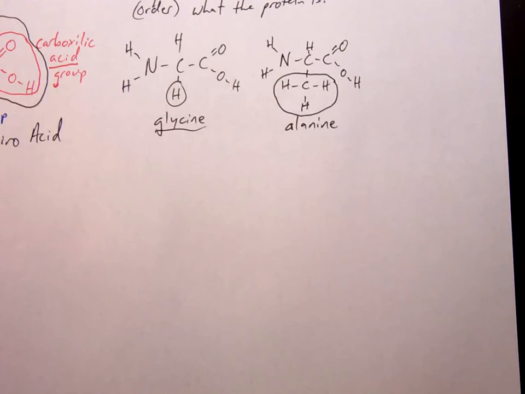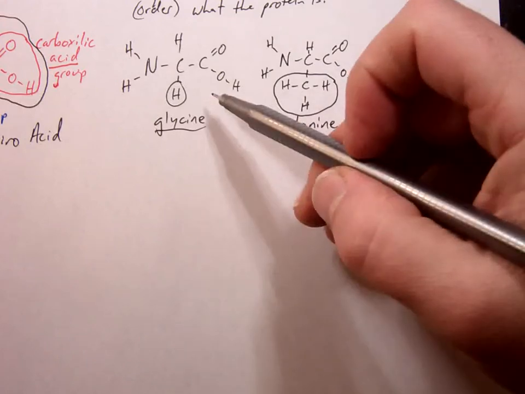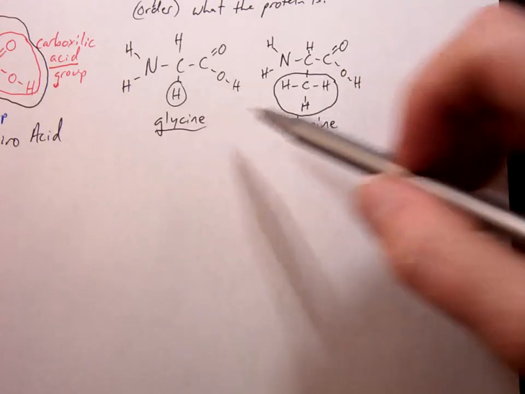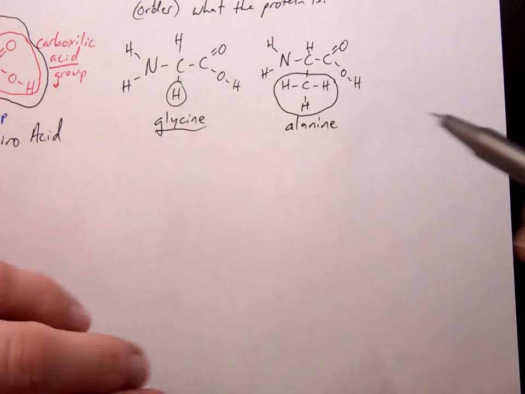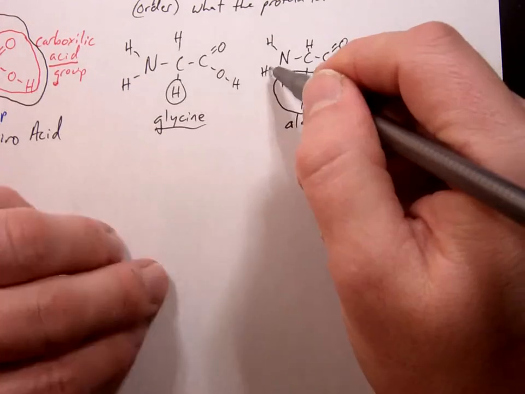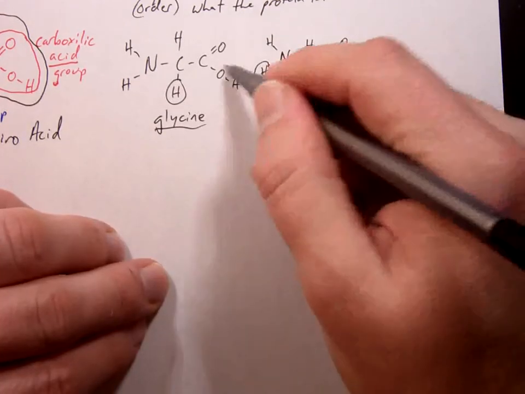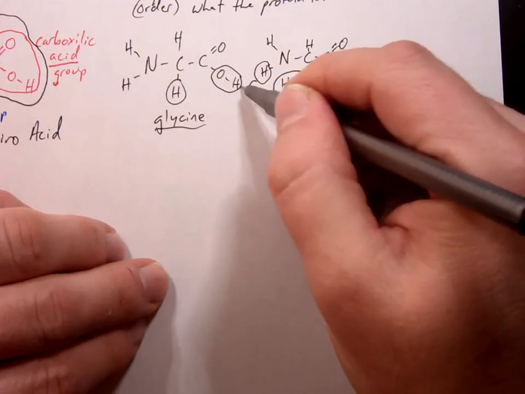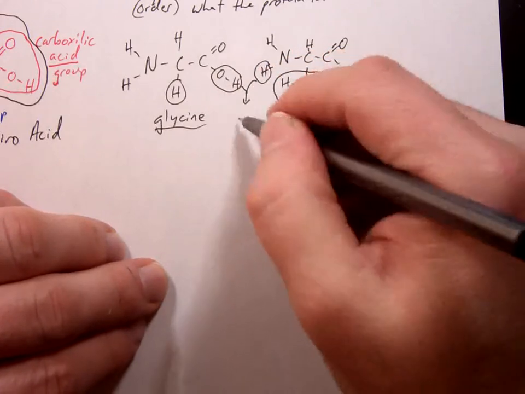If you remember back to biology, you have the DNA in the nucleus, and then you make a piece of RNA that goes out to the cytoplasm. It meets up with a ribosome. The ribosome basically reads it and then attaches these tRNA molecules that are carrying amino acids, and then starts assembling them together. Well, part of the assembly process is to take this H and this OH, put them together, pull it out as water,